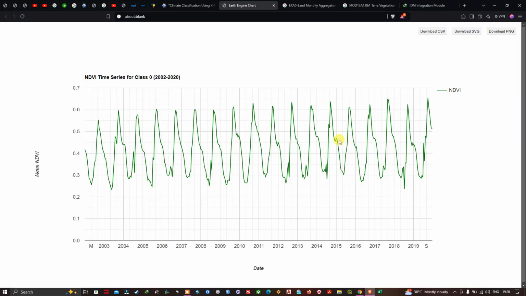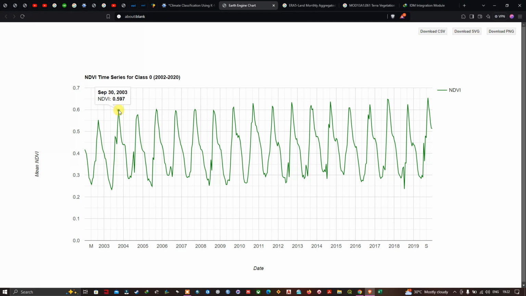So from this, you can observe here the high NDVI value which indicates very good vegetation growth, and low NDVI value which represents the non-vegetative areas such as the water bodies or the urban areas. So here in this particular timeline, in 2002, there is a high NDVI value of around 0.5, and comparatively there is a low NDVI value in 2003 in May, and we have very high value in September 2002, and similarly here high NDVI values were